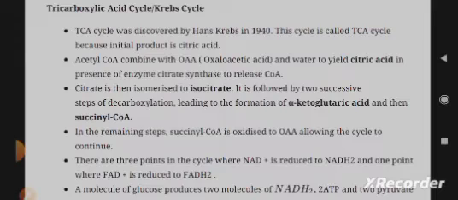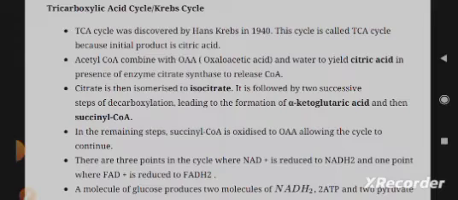Citrate is then isomerized to isocitrate. It is followed by two successive steps of decarboxylation, leading to the formation of alpha ketoglutaric acid and then succinyl CoA. In the remaining steps, succinyl CoA is oxidized to OAA, allowing the cycle to continue. There are 3 points in the cycle where NAD+ is reduced to NADH2 and 1 point where FAD is